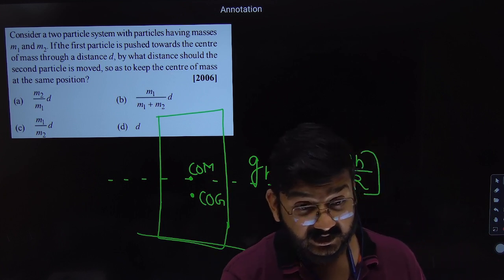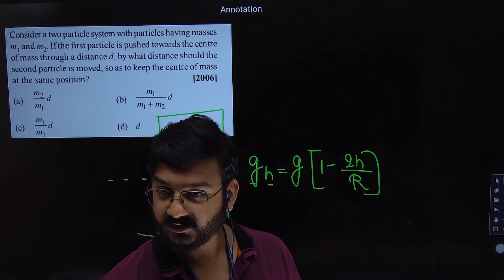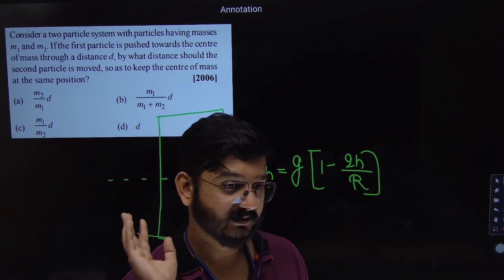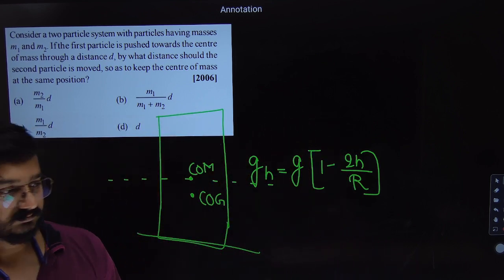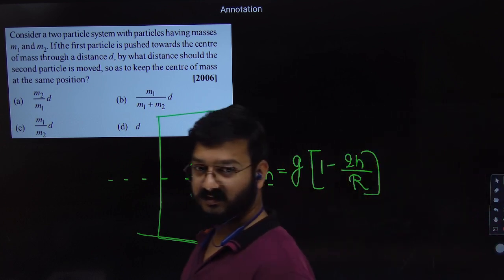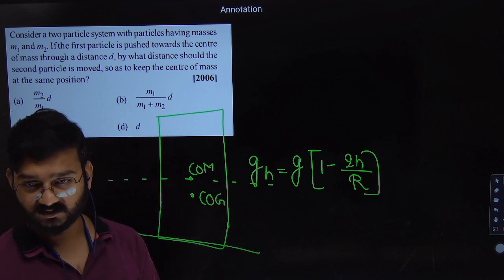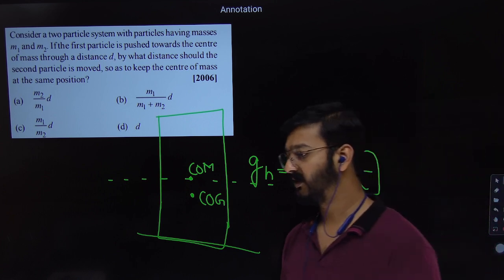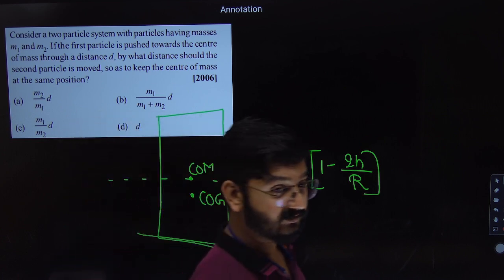But that's what I told, in day-to-day life, whatever building or structure you see, center of mass and center of gravity are almost the same. But in reality, they are different. Any questions? All clear? Okay. They will not ask you these things in the exam, at least not in that much detail, but I told you for your information. Anyone of you going into a core field, mechanical, civil, electronics, electrical, these things will be there. Center of mass, center of gravity.